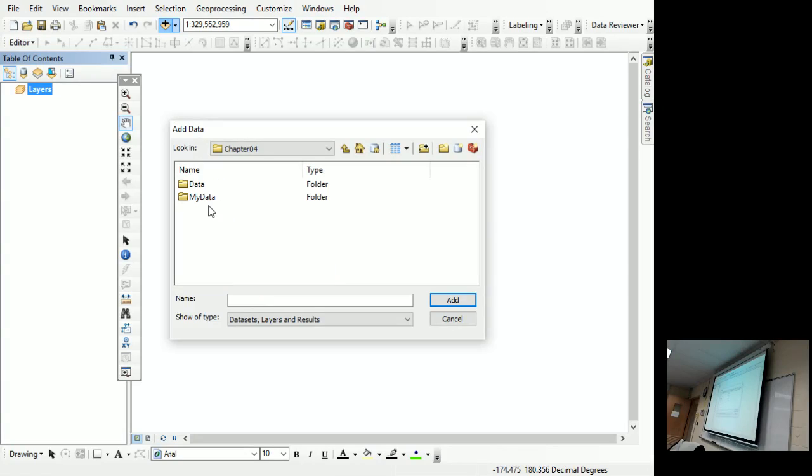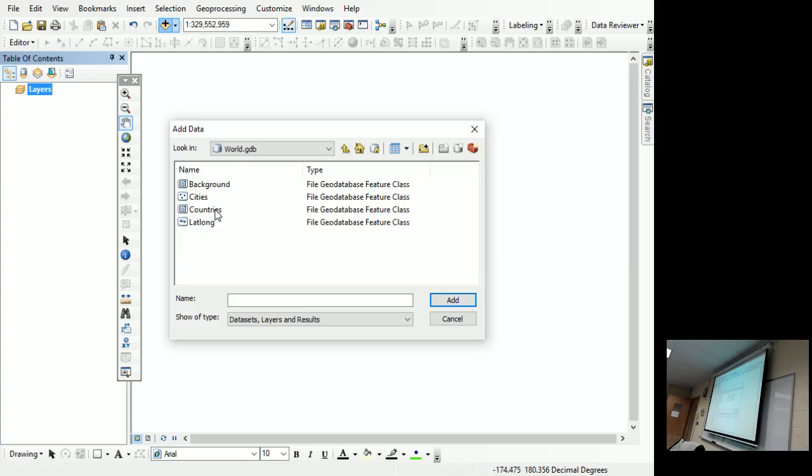Mine's a little different. Double click data, and now you can see the file geodatabase and the shapefile. Double click world, and when you double click that geodatabase, all the items located in that geodatabase will show up.